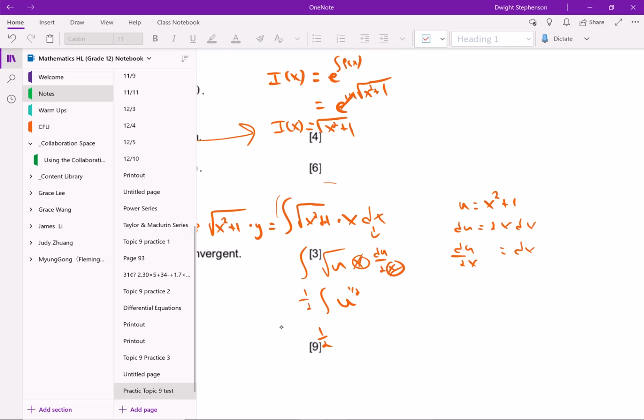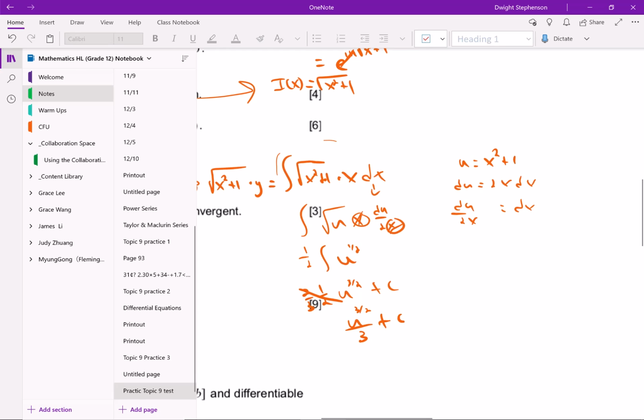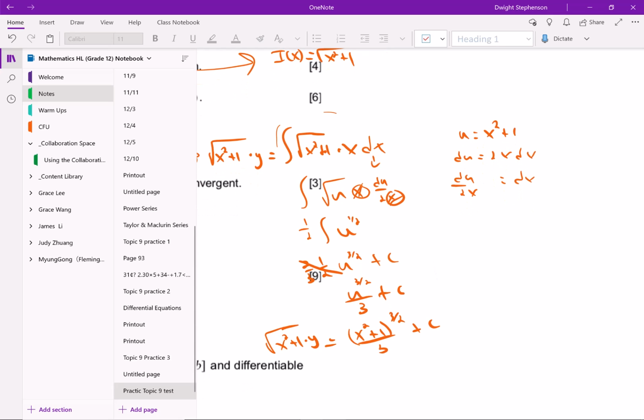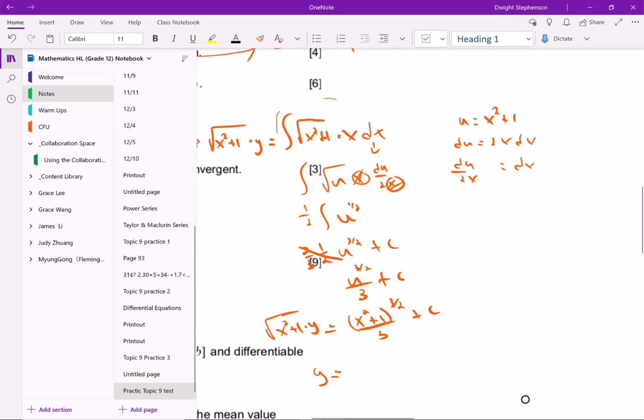If you integrate this, you get 1/2 times u to the 3/2 divided by 3/2, or times 2/3. Right, so these are going to cancel, and so you're left with u to the 3/2 over 3. Don't forget plus c. And then we remember that u was x squared plus 1. So we have x squared plus 1 to the 3/2 over 3 plus c, and this is equal to square root of x squared plus 1 times y. If we're trying to solve for y, then we can divide both sides by square root of x squared plus 1. So you end up with